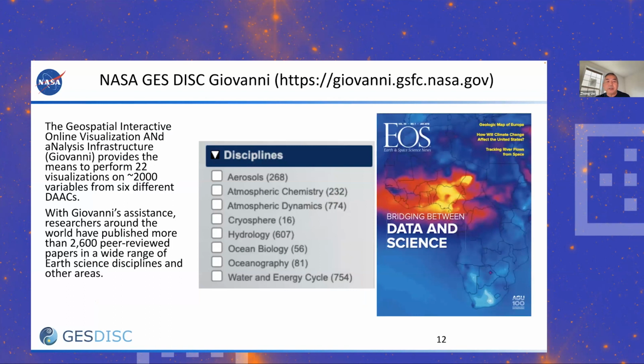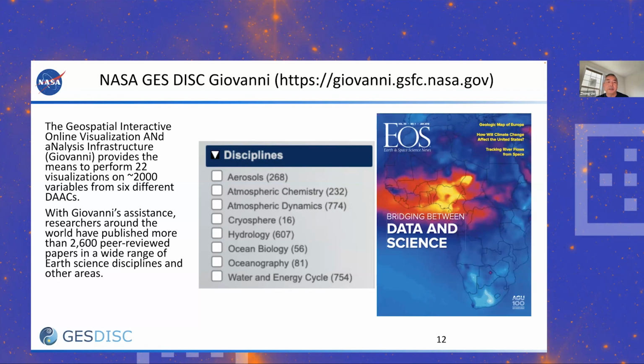Now back to today's main topic, Giovanni. Giovanni is a popular tool developed by GES DISC in 2000. Giovanni stands for Geospatial Interactive Online Visualization and Analysis Infrastructure. Giovanni provides the means to perform 22 visualizations on over 2,000 variables in different earth science disciplines and from 6